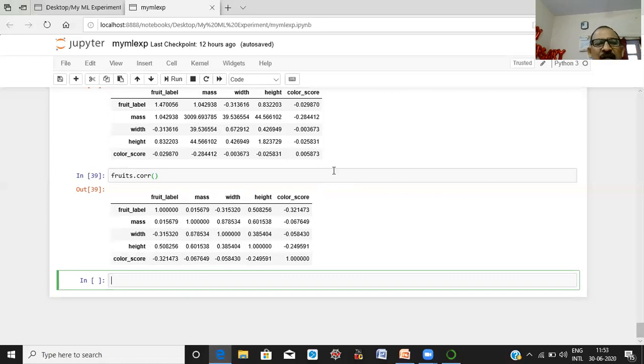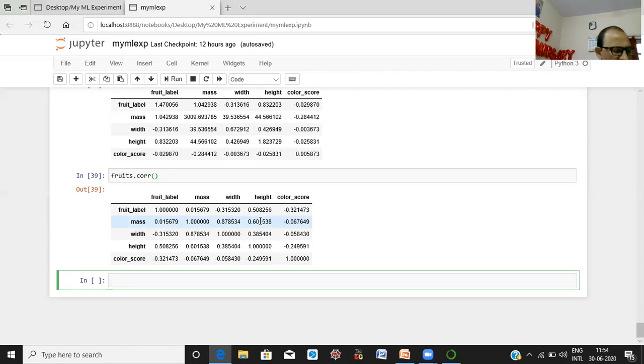Here you can see mass and height again. As you know, positive means the variables are positively related, and negative means the variables are inversely related. So mass is related with the height with 60%. 0.60 means 60%. What does it mean?